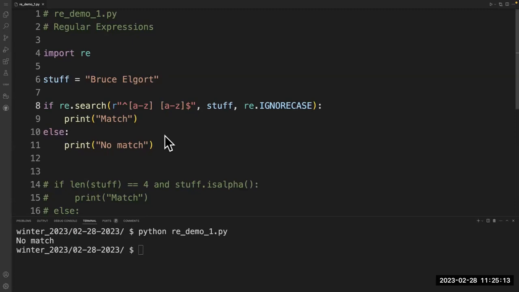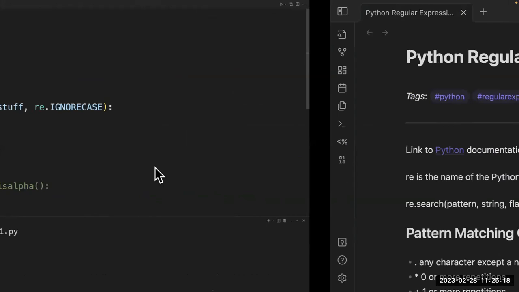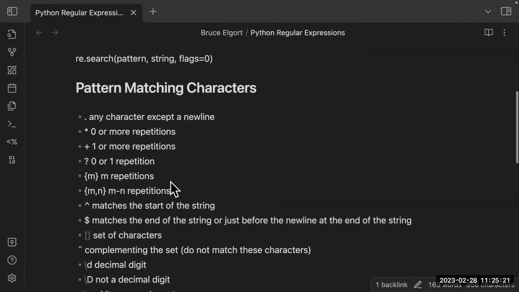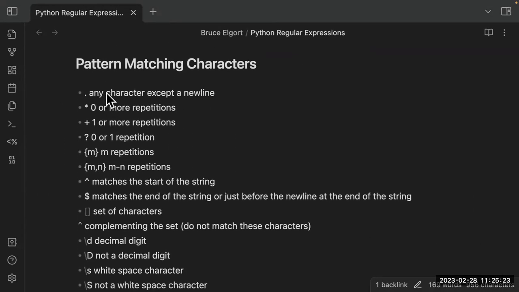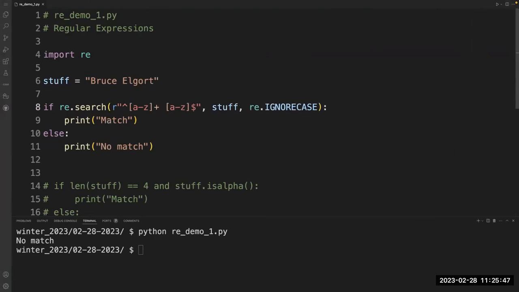separated by a space? There is this character. Let me just go to my notes here to show you. So we saw the dot earlier, which means any character except a new line. And then we saw, well, we didn't see an asterisk yet, which means 0 or more repetitions. But look at this. If we put a plus sign, we can get one or more repetitions of the thing that precedes it. So if we go here and put a plus sign and a plus sign here,